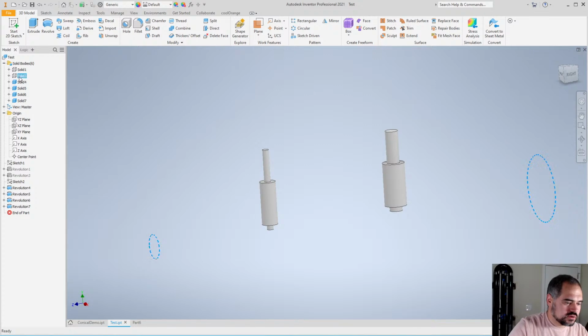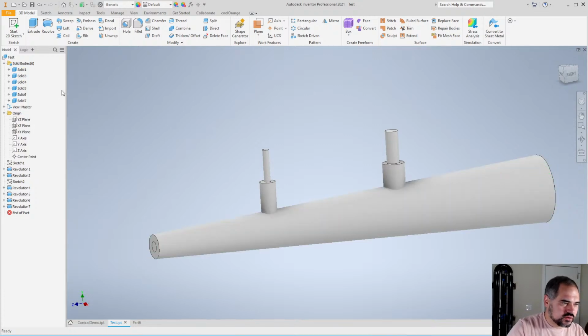We have our tone holes and our risers. Okay, I'm going to name these real quick. So bore, body, tone hole 1, tone hole 2, riser 1,